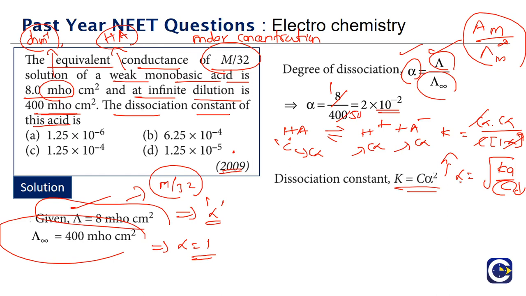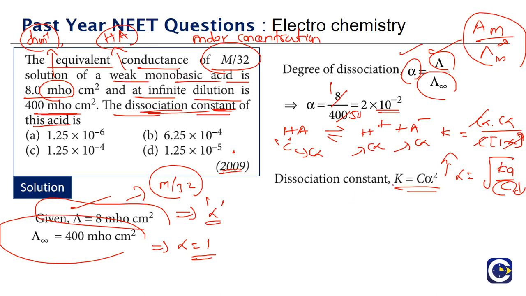With increasing dilution, the extent of dissociation of the acid will be increasing, or of the base, because Ostwald's dilution law is valid both for weak acids as well as weak bases. Now here our question is not about that. We are just supposed to find the dissociation constant of the acid. This is where we keep saying that the questions in electrochemistry are related to the questions of ionic equilibrium. Sometimes we can also relate the questions in electrochemistry to thermodynamics. In fact, in the same video we have some questions where we will relate the electrochemistry problem to thermodynamics.